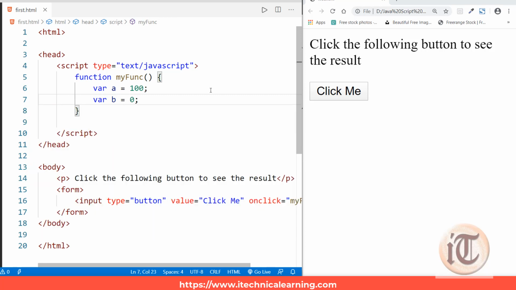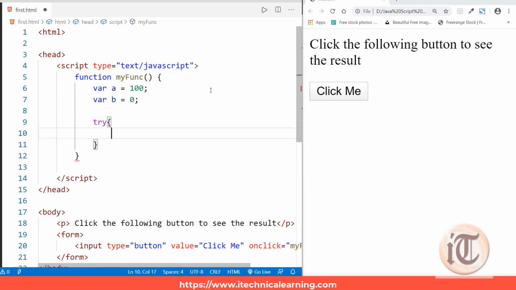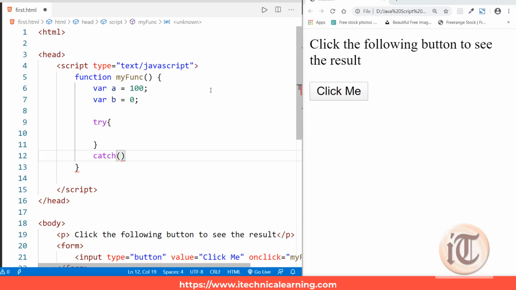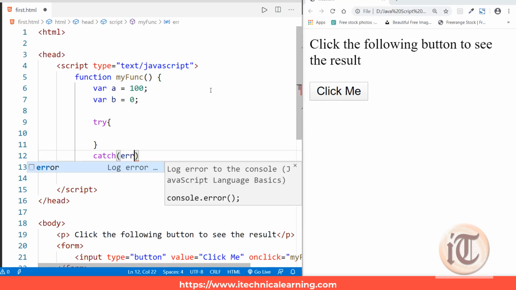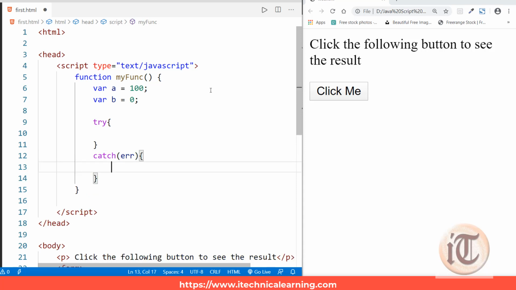Okay, and I want to perform the basic division operation on these two numbers. So to do that, I'll take the help of this try block, and inside this try block I'll write my code that wants to be executed. After that try block, I'll write the catch block, and this catch block will contain the error object. I'm taking its name as ERR, and after this I'll start the catch block.